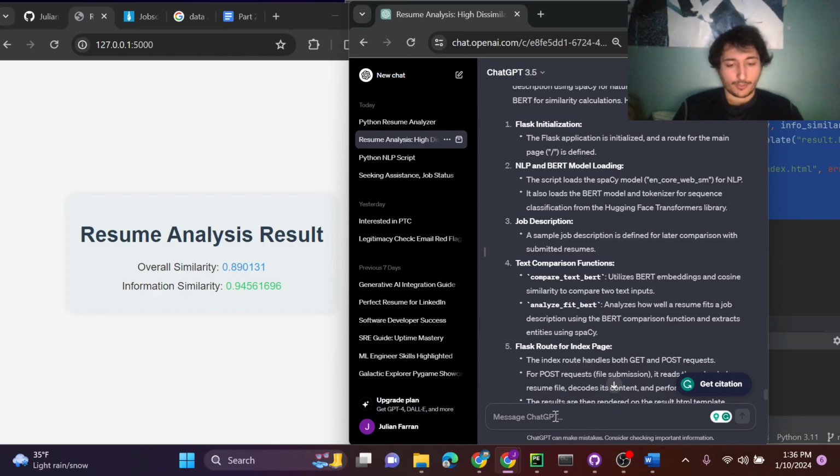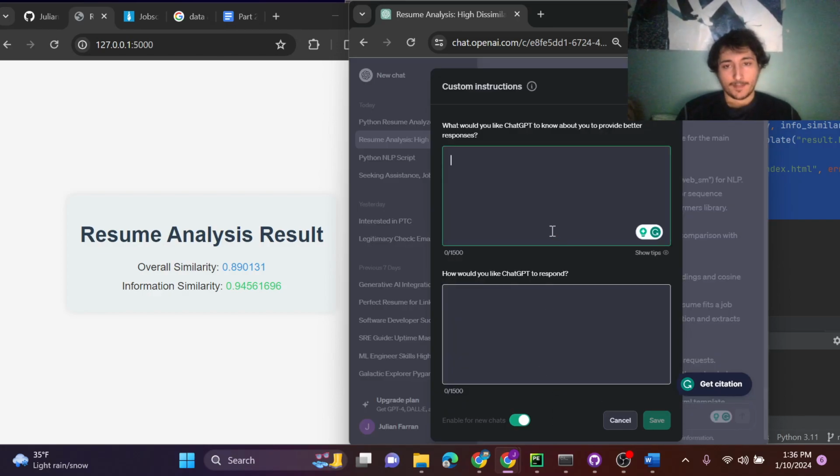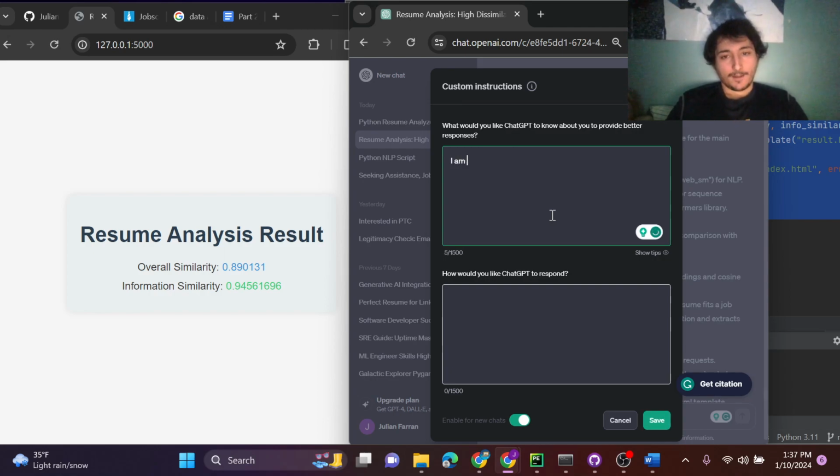First, I'm going to press Shift, Control, and I, and this is going to give ChatGPT custom instructions. Only do this if you know what you're doing, but it's going to change the output. So what I would do is I would say, I am creating a Python script that